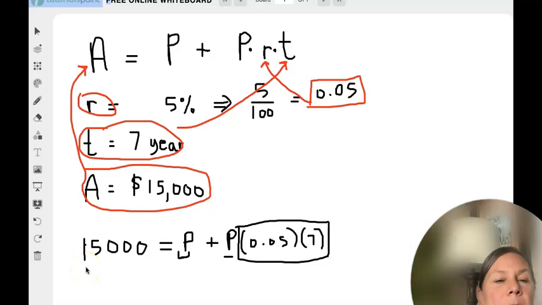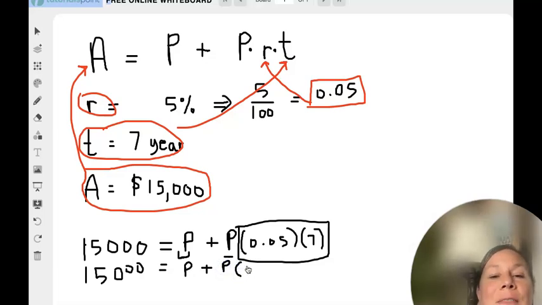So I'm going to rewrite this with the multiplication of 0.05 times 7. I have 15,000 equals P plus P times 0.05 times 7, which is